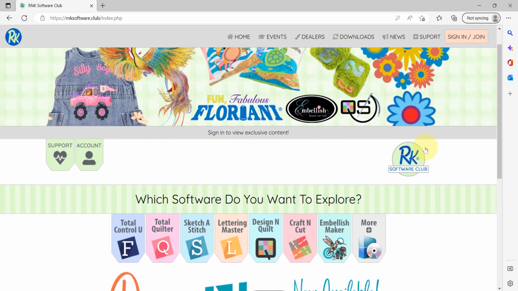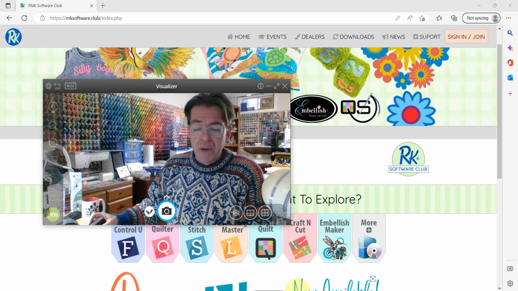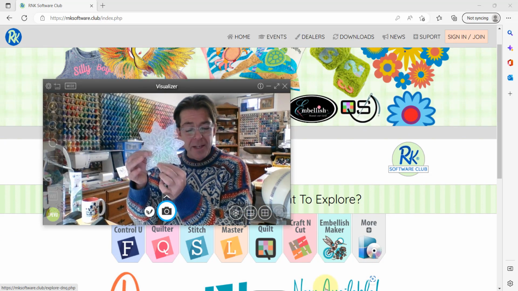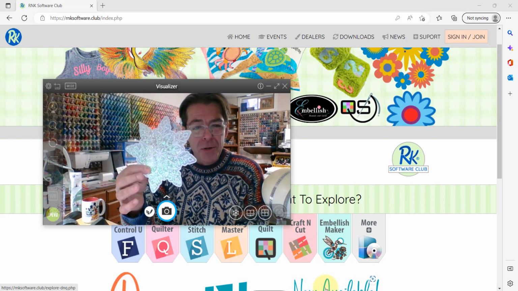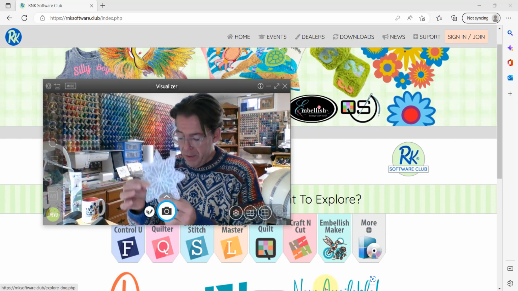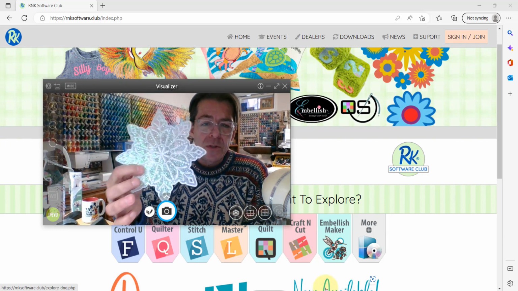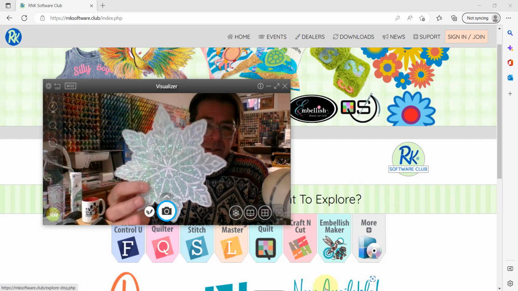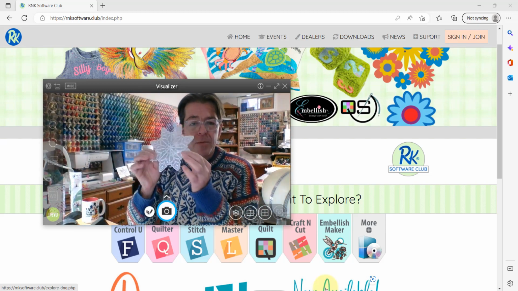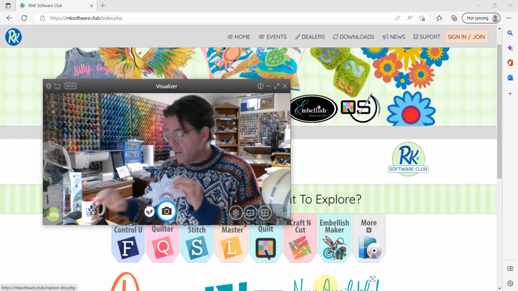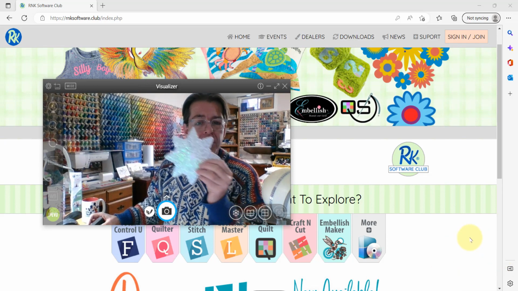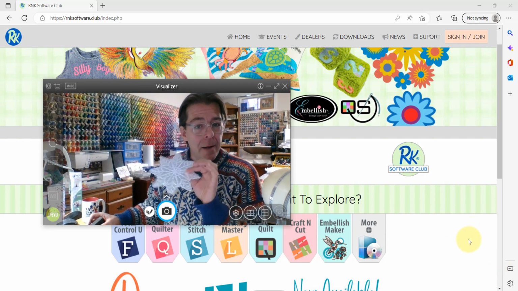And what about those free monthly designs? Because you might want to sew some snowflakes. These are from the December 2022 free monthly designs, and this time of year I love to sew snowflakes, and I give them out as gifts to my friends, or sometimes I just tuck them in a little gift bag with something else. So I'll teach you a little bit about how to make a Mylar snowflake today,